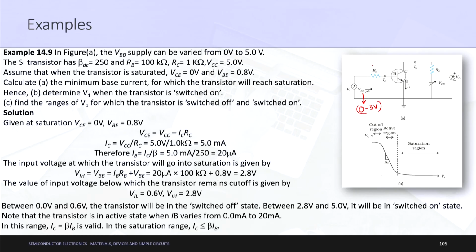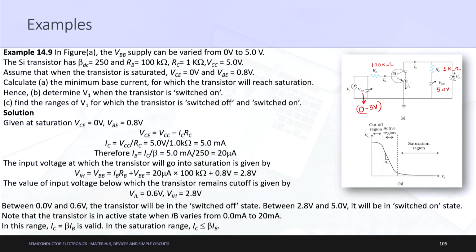and RB is given to you as 100 kilo ohms. RC is given to you as 1 kilo ohm, and VCC is given to you as 5 volts. Okay. Assume that when the transistor is saturated, VCE is 0, VBE is 0.8 volts. So, they are just telling you the assumptions to be used when the transistor